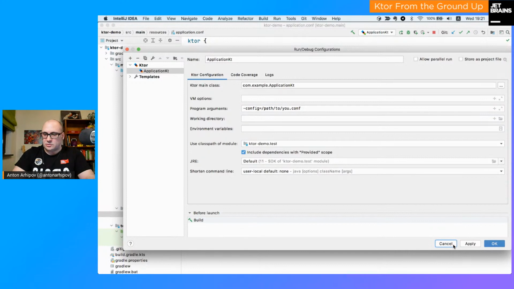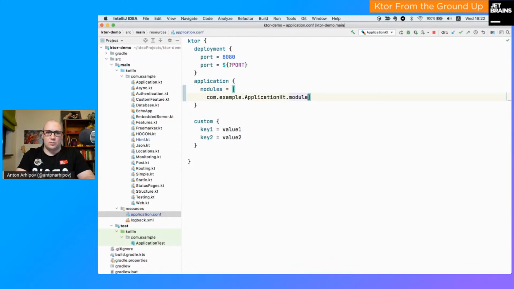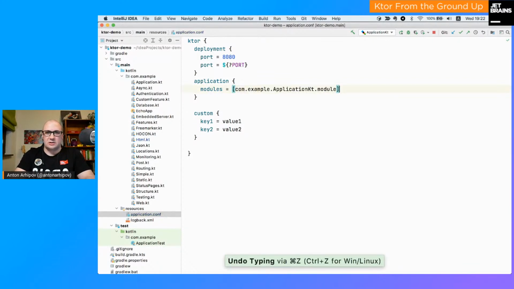You will find it, or you can just use the example which is generated normally. The interesting part is that it's very minimalistic. It doesn't have a lot of properties to configure. What you may want to look at is the modules list, right? So we have one module specified, but it's actually a list, we can specify a lot of them, like com.example,